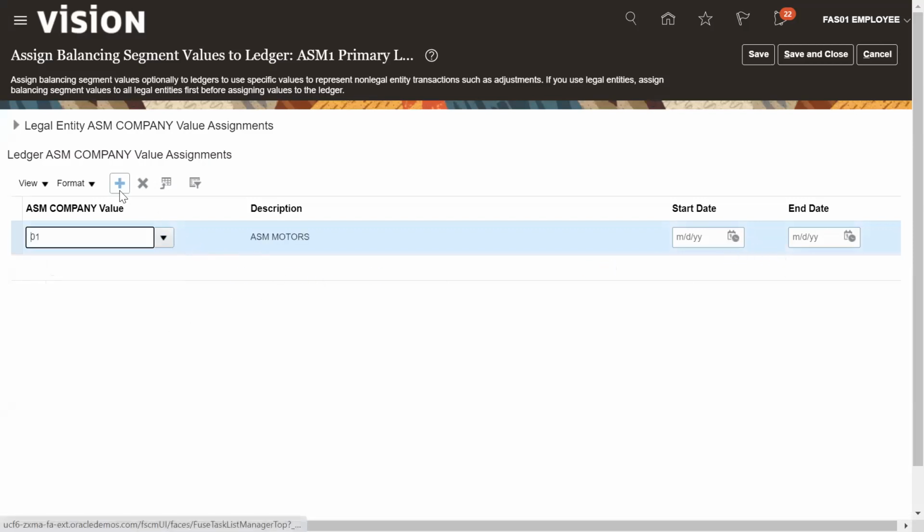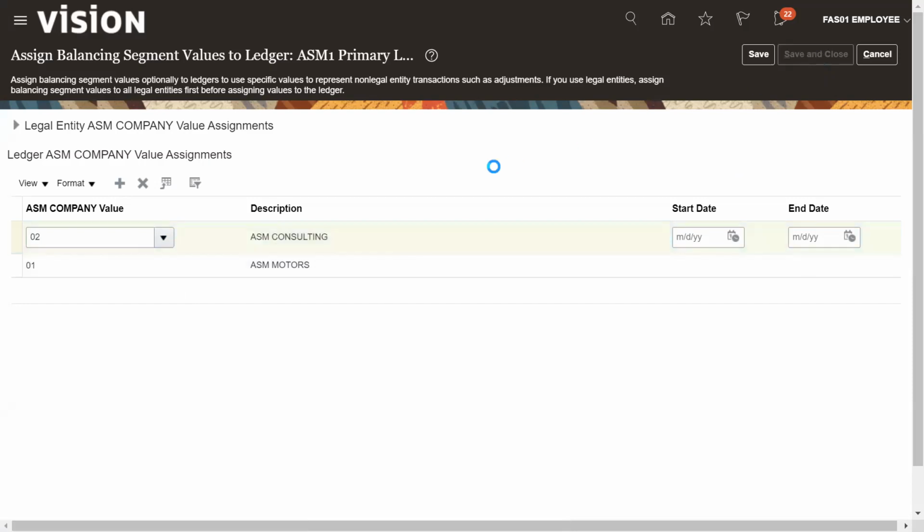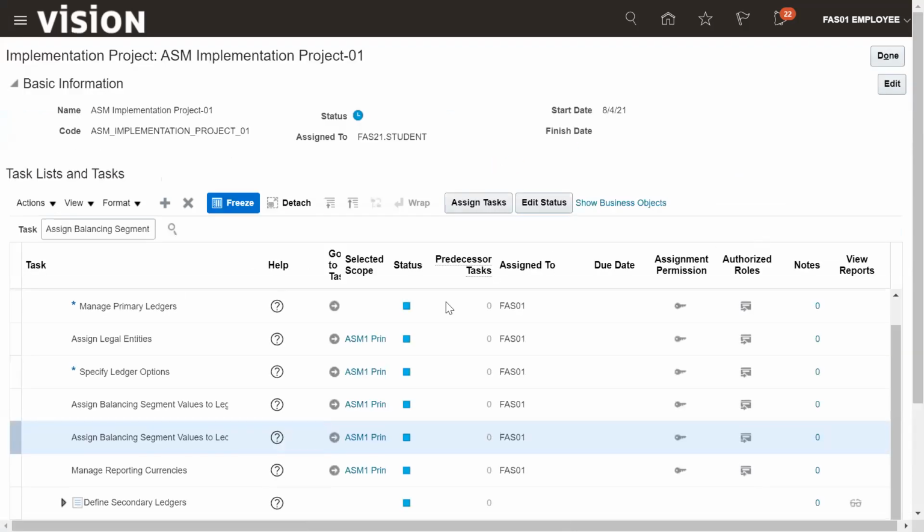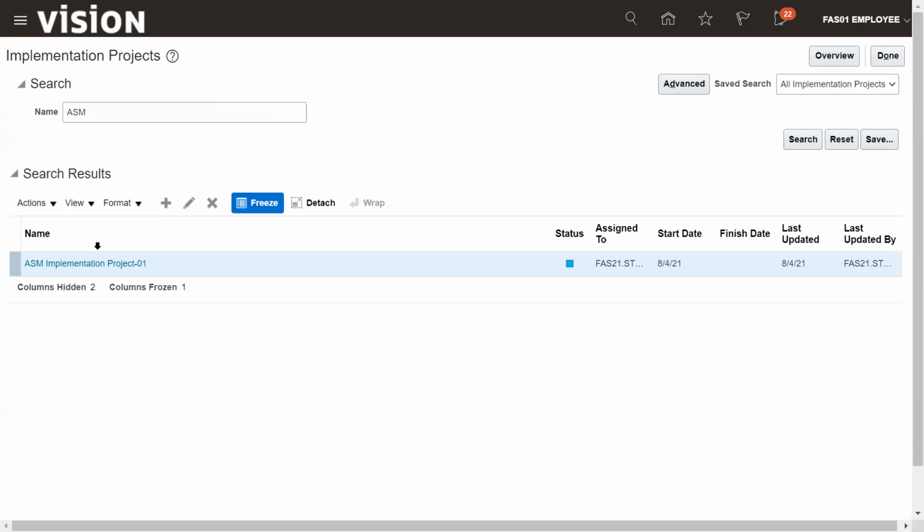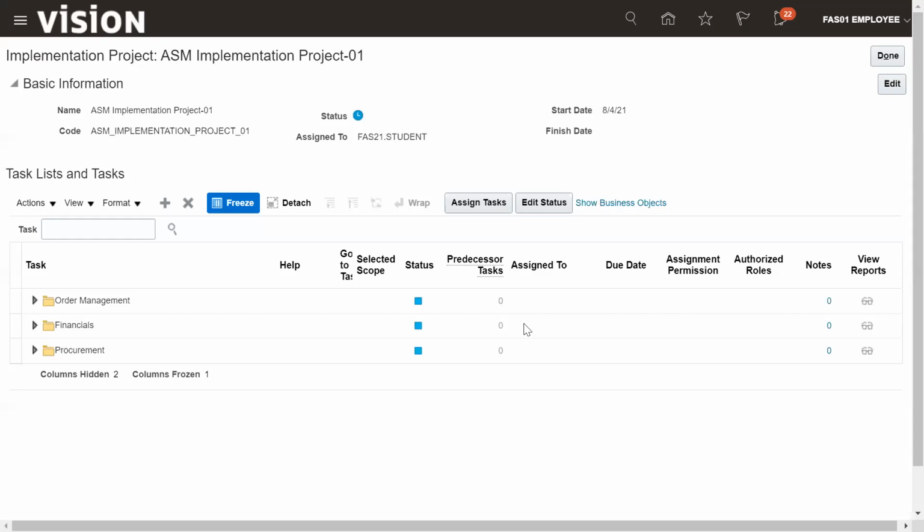Yes, and you can enter more balancing segment values and then save and close. After completing all these tasks, like creation of the primary ledger, defining the legal entity address, then the legal entity definition using that legal address, and then assignment of the balancing segment value to the legal entity,